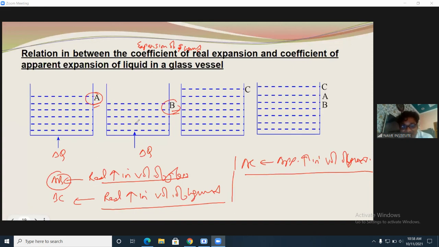Now when heat is transferring to the liquid or milk here, the milk will boil. The level of the milk will change from B to C. Actually, the level of the milk will change from B to C, but we will observe the milk level change from A to C. We will observe the milk level change from A to C, and observing means apparent. Are you getting my point or not?